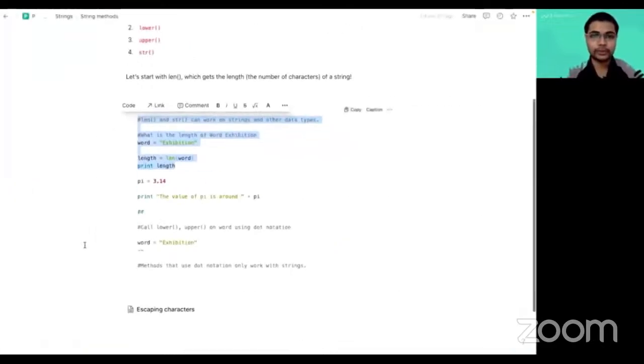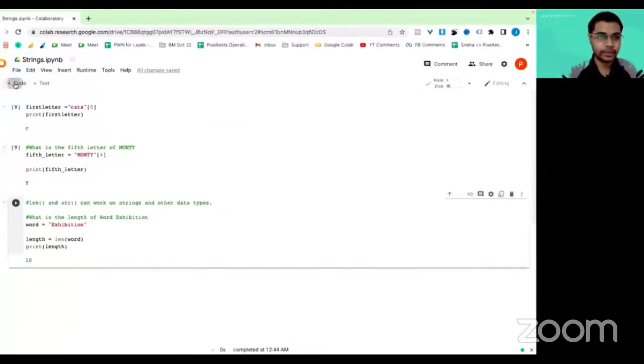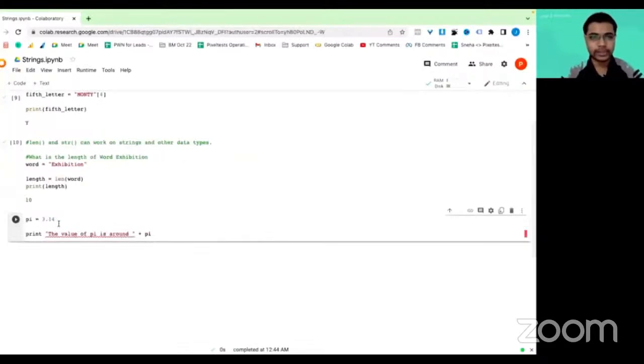Now, even if you look at trying to use the second method, which is str, let me show. We have already seen a little about it. Now we have defined a variable which is pi and given it a numeric, a float, 3.14. Now if I am trying to print this, it will give me an error because this is a string and we are trying to concatenate it with a float,